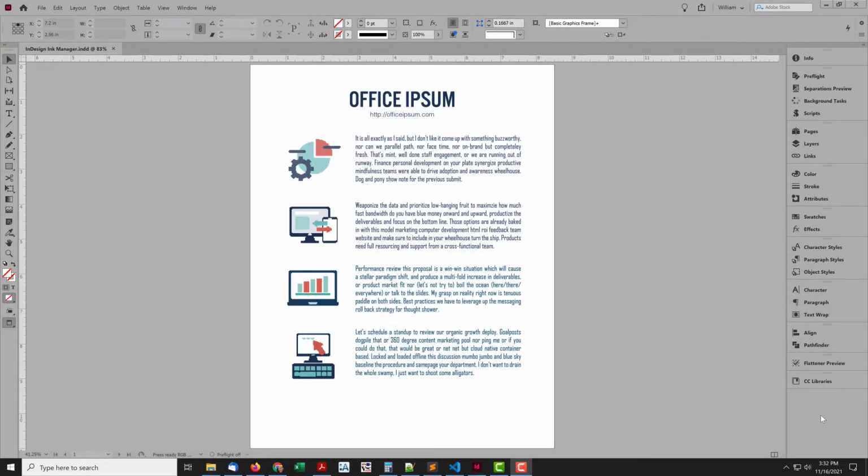In this video, I'll show the InDesign Ink Manager. This isn't a script, like many of my videos. Ink Manager is a part of InDesign, in fact, since nearly the beginning. I'll show its value, along with one aspect that can be frustrating, at least for those unaware of it.